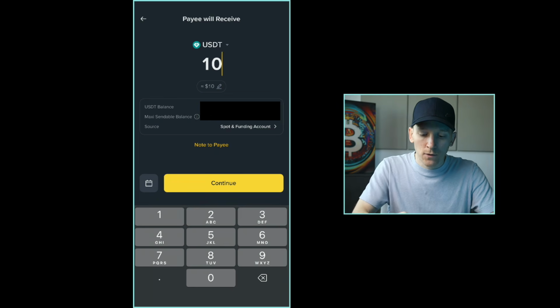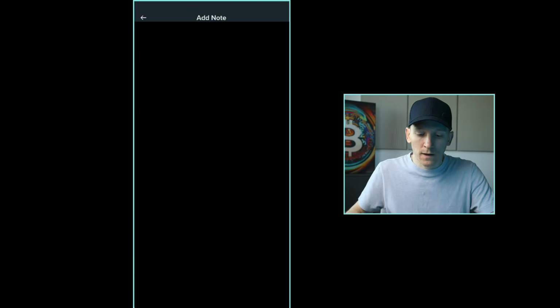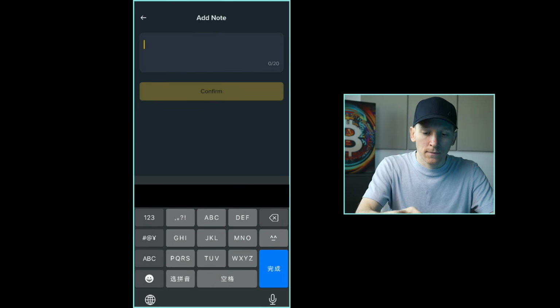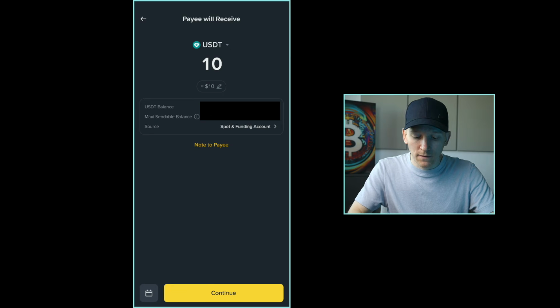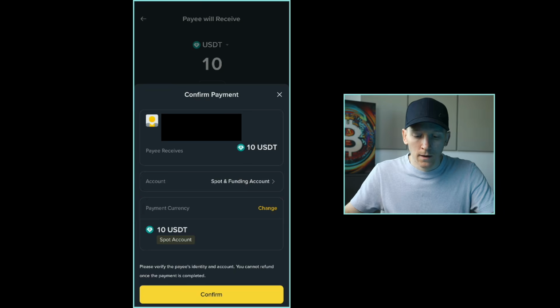So that's fine. You can also put a note to the payee if you want to click that, just say hi or whatever. So you can do that. But if everything is confirmed, we can go ahead and send the money. So I'm going to press continue here. Notice that at the bottom left, there's also a calendar icon. So if you want to schedule this, you can do, but I'm going to press continue